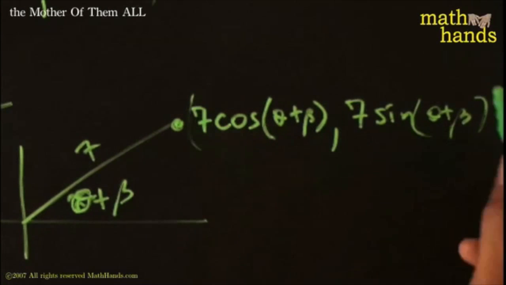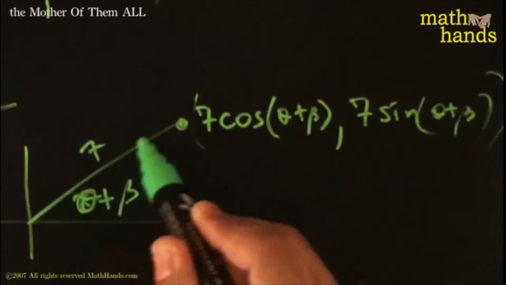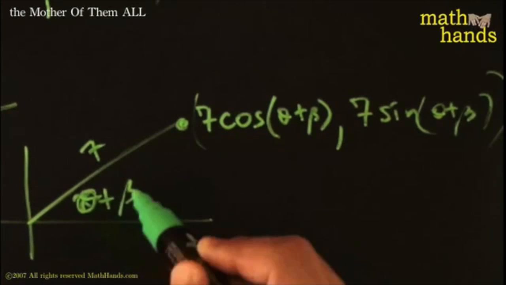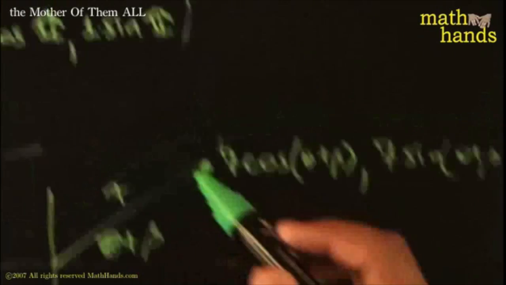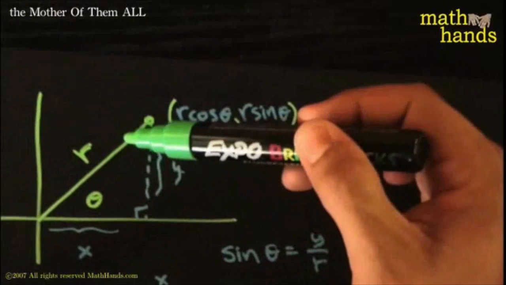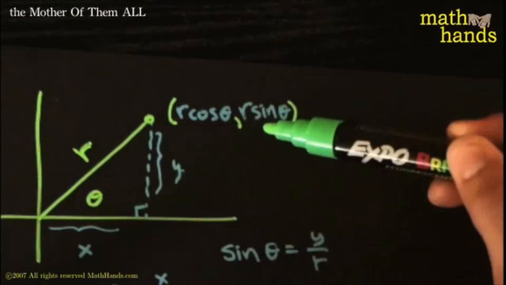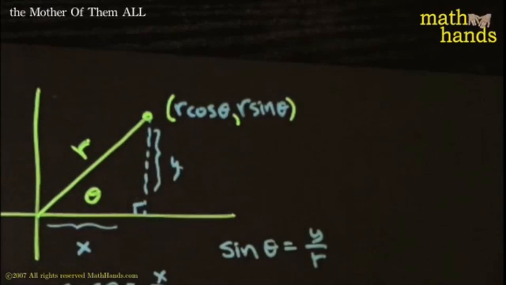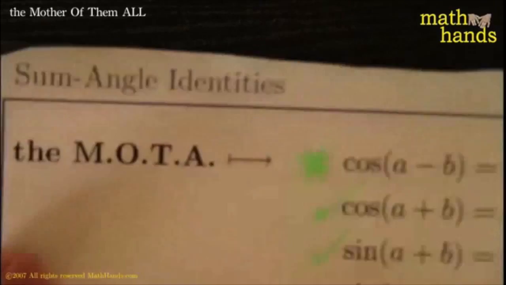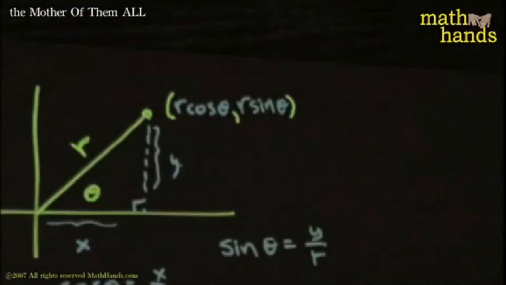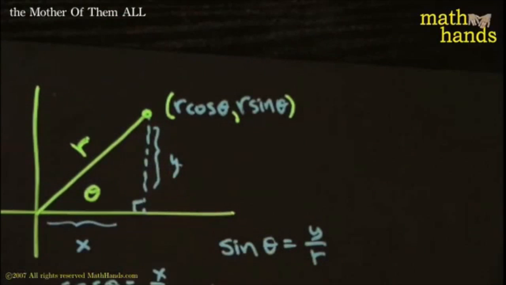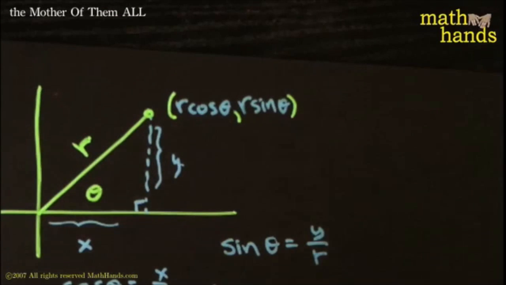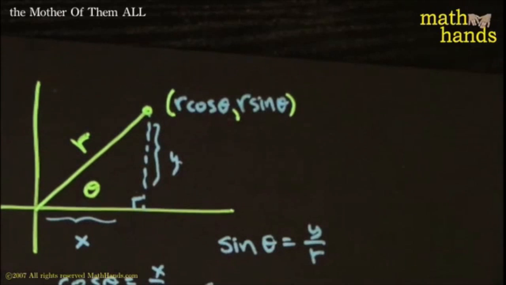Okay, that's exactly how you find the coordinates. Whenever you know this length r and this angle, whatever it is, it's just exactly like this. You take r times the cosine of the angle, comma r sine of the angle. That's absolutely crucial. One of the crucial elements to prove the mother of them all. You must be good at finding the coordinates for any one point. Okay, second ingredient. Second crucial ingredient is